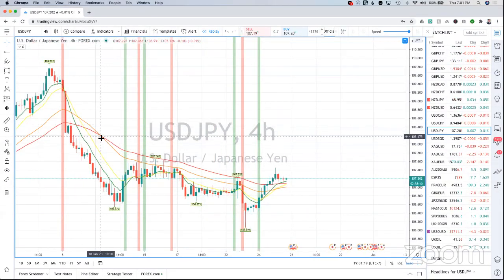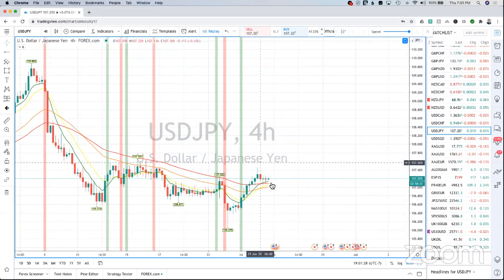So you can see right here, once these start to spread out, so we have level 1, 2, 3, and 4, once they spread out, it turns into a nice trend downwards. Right here, these haven't spread out yet. So once the red comes below here,